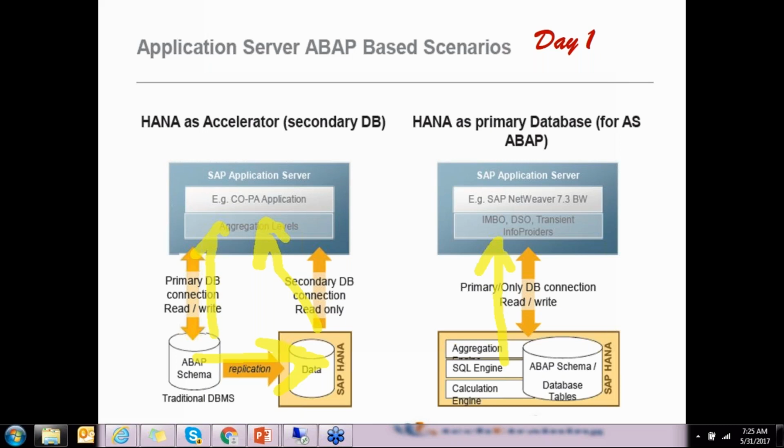Minimal ABAP knowledge is required. If you don't know what a data dictionary and an internal table are, that will be difficult. We can manage, but it will be difficult. I am expecting everybody to have minimal ABAP knowledge, at least practical knowledge. Theoretical, no need to be an expert, because here the coding is entirely different. We won't use traditional coding. That is a requisite. Here there is no BI knowledge required. By the end of the course, you can do your own HANA modeling. Everything will be taught from scratch.